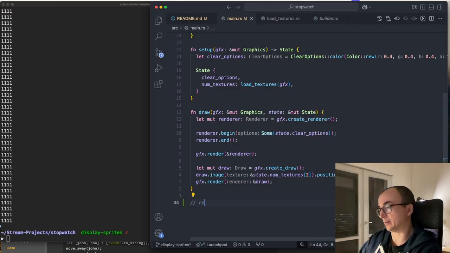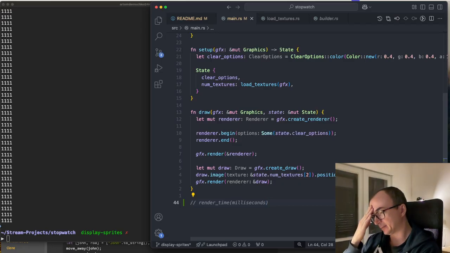Let's call it render time, and this render time will expect to get, I believe, milliseconds, and I need some sort of center of the rendering, because